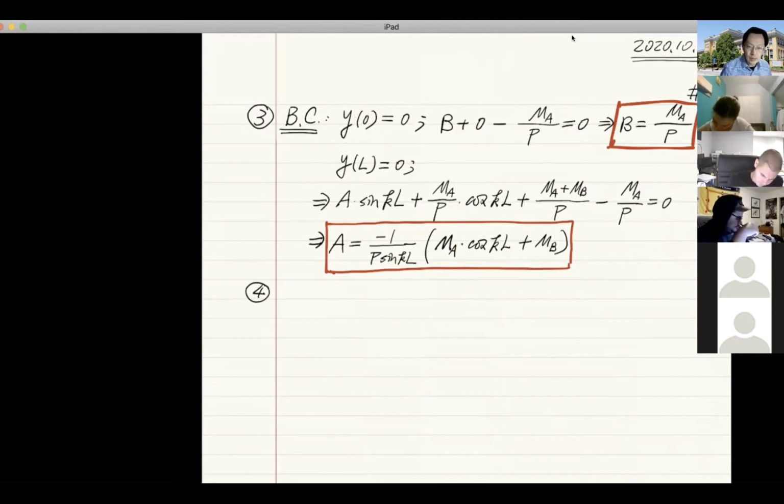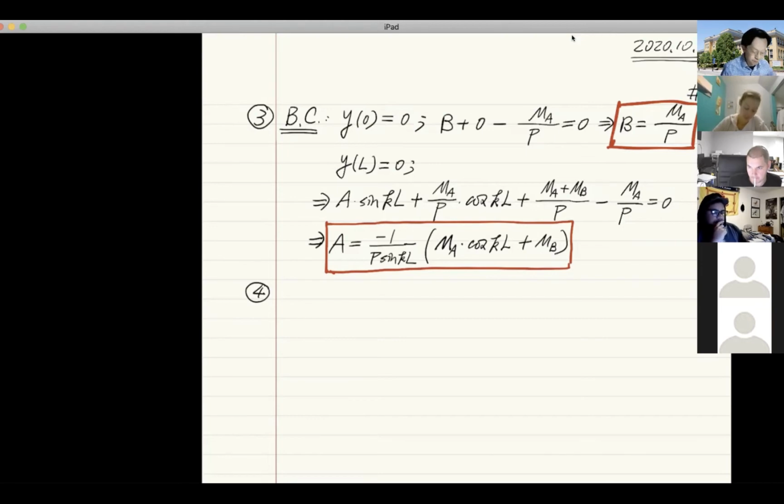In addition to the A and B, which we already found, they are functions of MA and MB. But in the problem we are not provided with any values of MA and MB. So in this problem, the question about the ratios and the values and the signs of MA and MB will become important information for the behavior of buckling of this beam column. So we want to know how the sign and the values of MA and MB affect the buckling